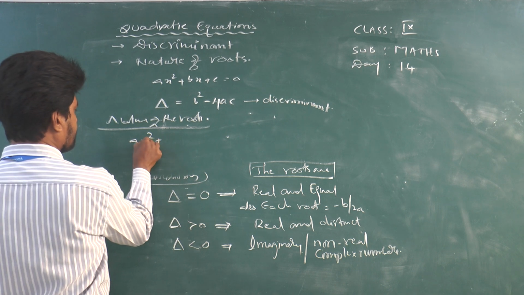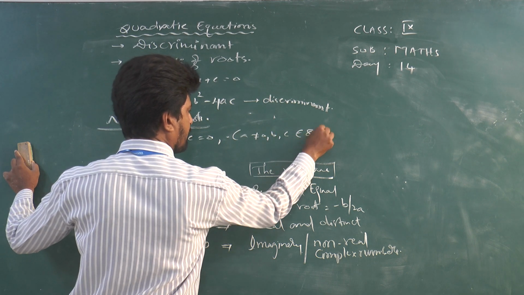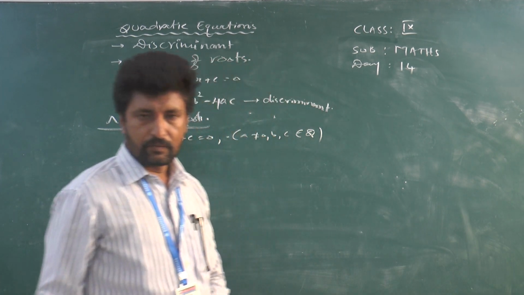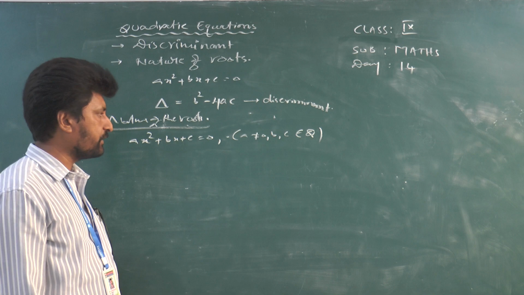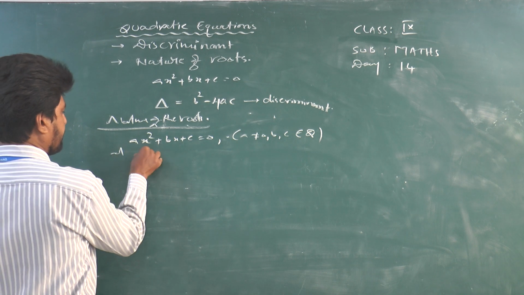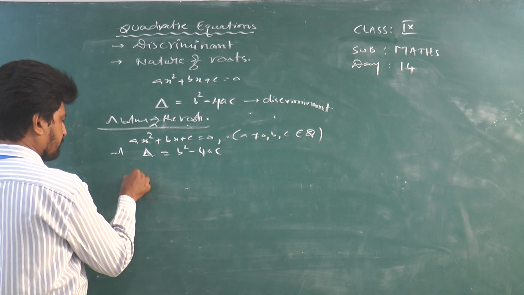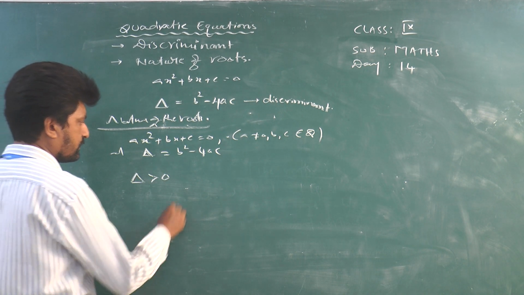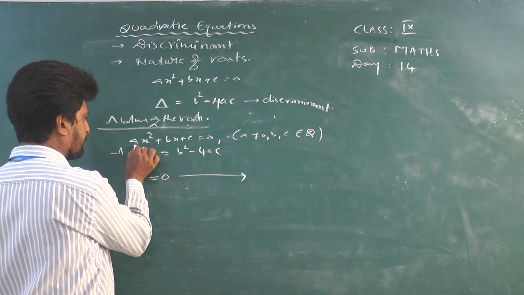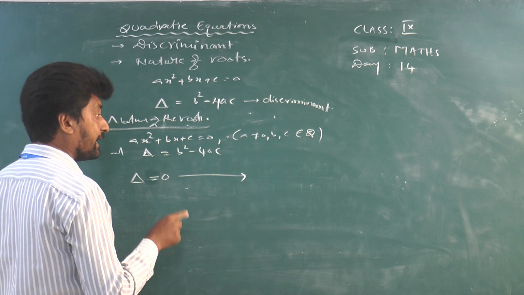Also, the nature of the roots whenever the roots are rational numbers, we shall also discuss. Okay, the coefficients of the quadratic equation are rational numbers, whatever the roots of that quadratic equation. Here, first of all, take the discriminant. Delta is equal to b square minus 4ac. And here, taking the conditions, take delta equal to 0 first. Delta equal to 0 is nothing but, here the coefficients are rational numbers and delta is 0, the roots are equal and rational.